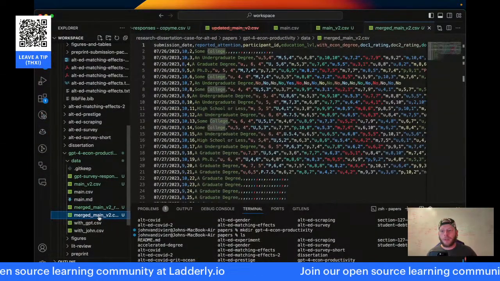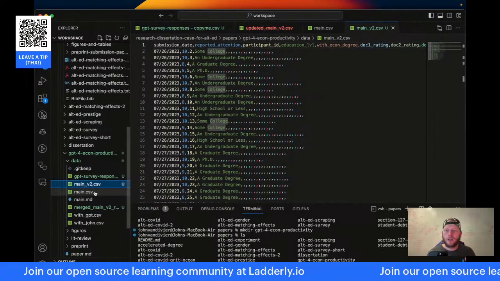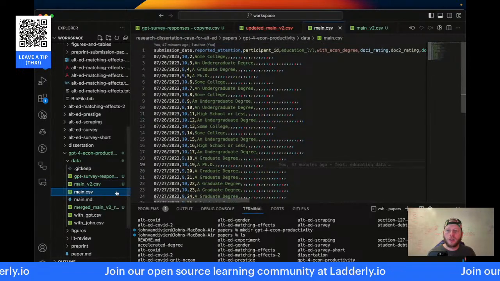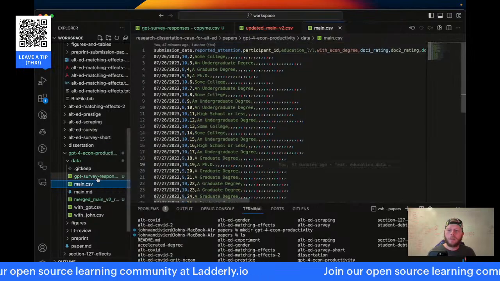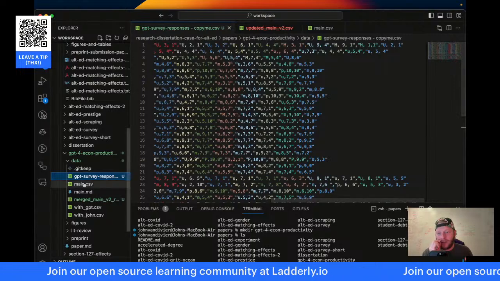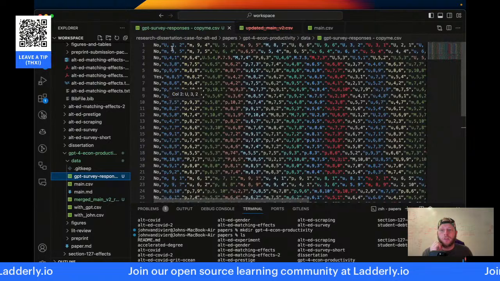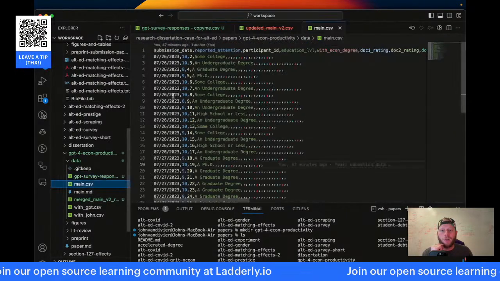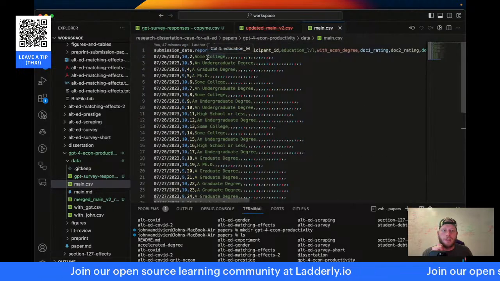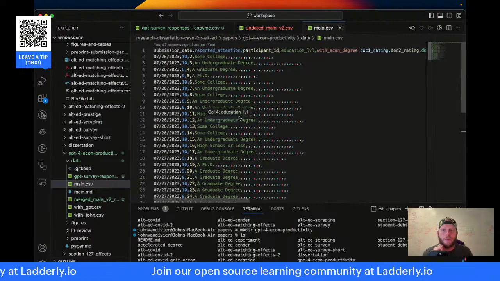So first of all, let me get rid of this sort of obsolete file. Okay, main 2. Can also get rid of this. Okay. Here we have 30 rows as expected. So here we have 30 rows, which we expect. And if I go to the main CSV, the final populated row is 31, which is the 30 plus the title line. Does that make sense? There's this broken, empty line. It doesn't matter. We can ignore that.